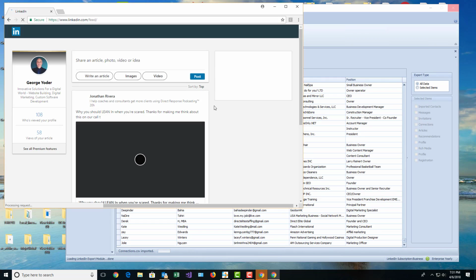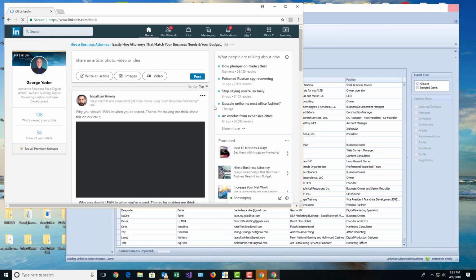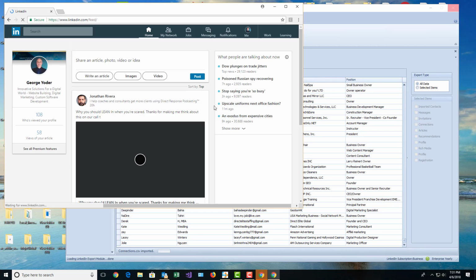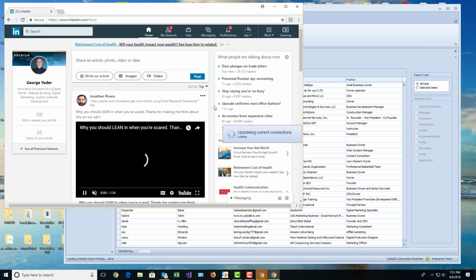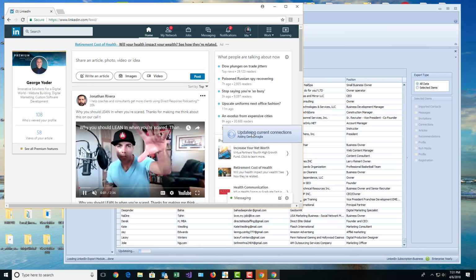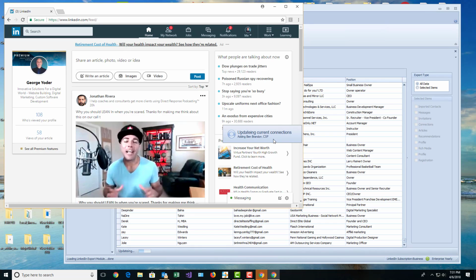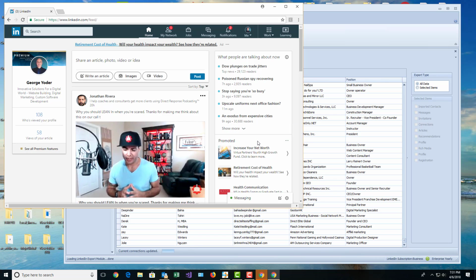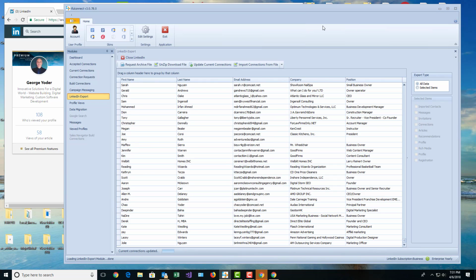It's also going to log me in just to verify a couple of settings, and then it will update my current connections. And you'll see here that it's adding each one, the new ones that it had found. So we can come back to this window, and if we go to the current connections,